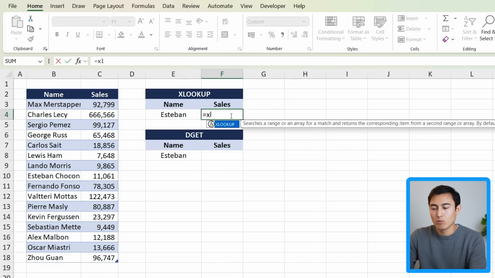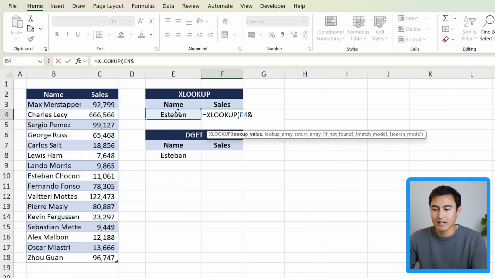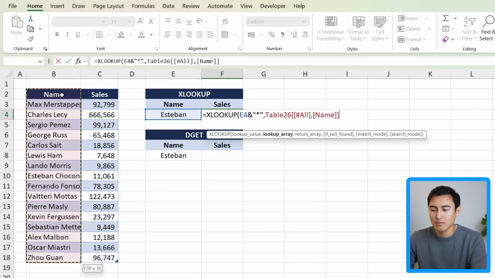So we just type equals XLOOKUP, hit the tab key. We're looking for Esteban, but that's not his exact name. So for an approximate match, we're gonna add an ampersand and in quotations just add an asterisk. This way, regardless of what he has as a surname, we'll be able to find a match. Hit the comma, we can find Esteban within this list of names, comma, and the return array is we want